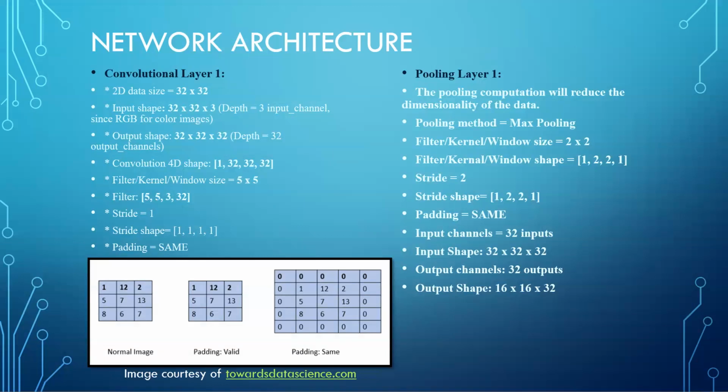The next parameter is padding. There are 2 types of padding, same and valid. In valid padding, there is no padding of zeros around the boundary of the image, so that when convolution takes place, there is a loss of data because some features cannot be convolved due to the gradient. With same padding, on the other hand, there's a layer of zeros padded around the boundary of the image, so there is no loss of data. Also, the dimension of the output of the image after convolution is the same as the input of the image. As you can see on the right side of the slide, the padding for our model is set to same, indicating that we have adequately buffered our model against loss of data due to gradients.